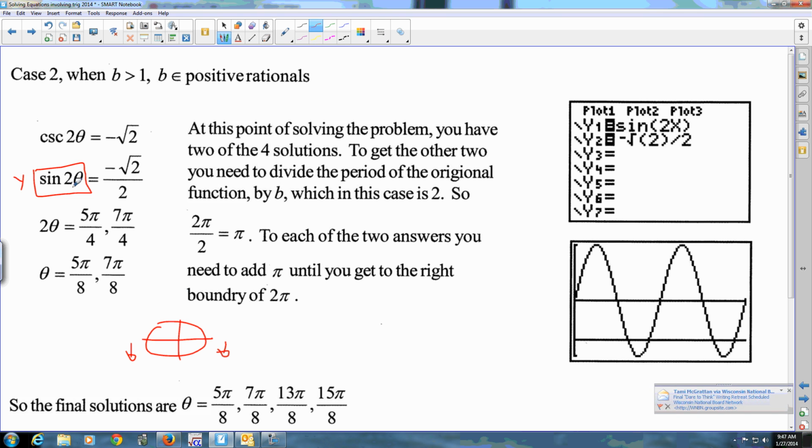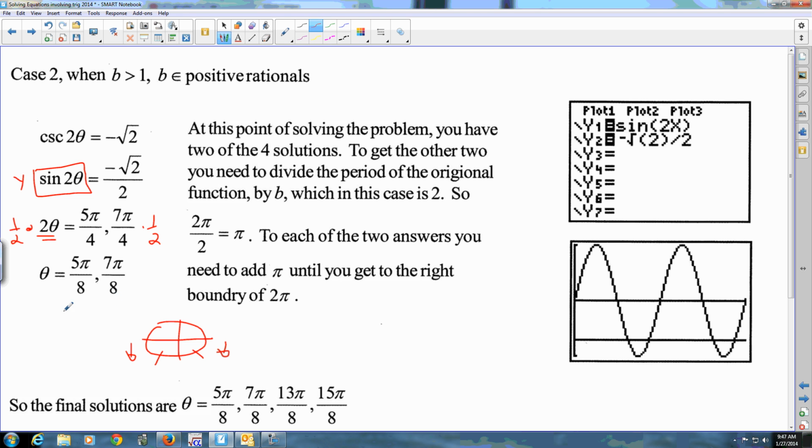They're dealing with a square root of 2, so they have to be both of these values here, which are 5 pi over 4 and 7 pi over 4. But that yields 2 theta equals that. I don't want to know what 2 theta is. I want to know what theta is. So I have to multiply both sides by half to get rid of that 2, which generates the 5 pi over 8 and 7 pi over 8. Now that's 2 of the